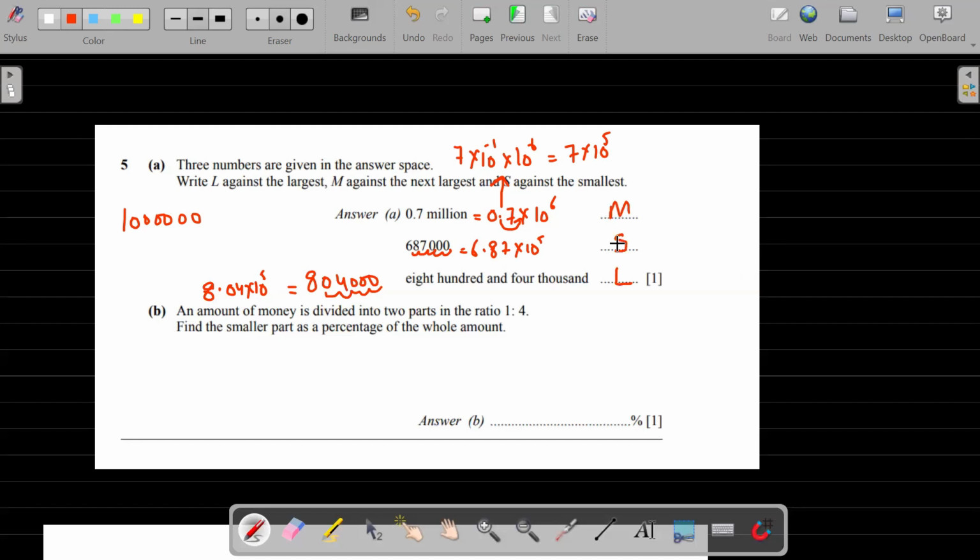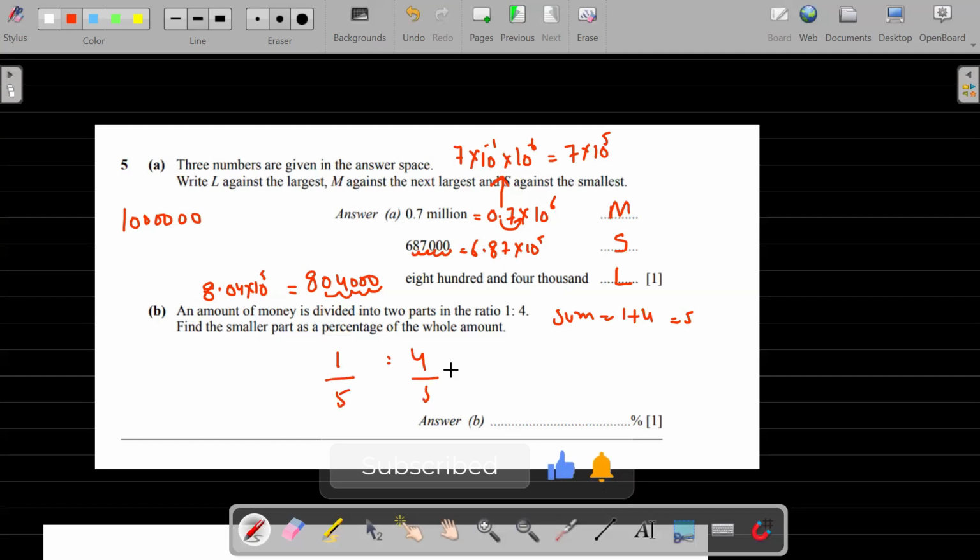अब समझ आई फातिमा? Yes, miss. अच्छा, अब उसने कहा एन अमाउंट ऑफ मनी इज डिवाइडेड इनटू टू पार्ट्स इन द रेशियो ऑफ 1:4। अच्छा, अब हमने स्मॉलेस्ट पार्ट एज अ परसेंटेज ऑफ द होल नंबर, ओके फातिमा, ये रेशियो का भी और इसमें परसेंटेज भी शामिल है, ठीक है, यू नीड टू फोकस ऑन दिस। फर्स्ट स्टेप क्या है, सम ऑफ रेशियोज। तो सम ऑफ रेशियो इज 1 + 4, ठीक है, इट विल बी 5। नाउ आई एम गोइंग टू राइट द रेशियोज, सिंपली डिवाइडेड विद सम ऑफ रेशियो एंड मल्टीप्लाई इट एन अमाउंट, ठीक है, उसने कहा एन अमाउंट इज डिवाइडेड इनटू टू पार्ट्स, सो हियर अमाउंट इज नॉट मेंशन्ड, ठीक है, तो हम उसको एक्स मेंशन करेंगे, एक्स।